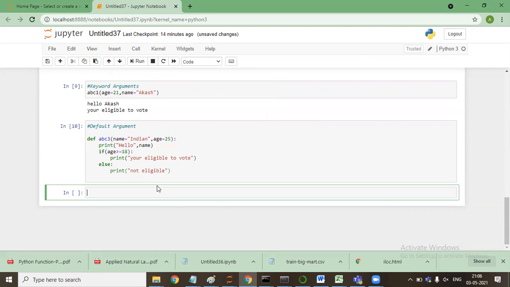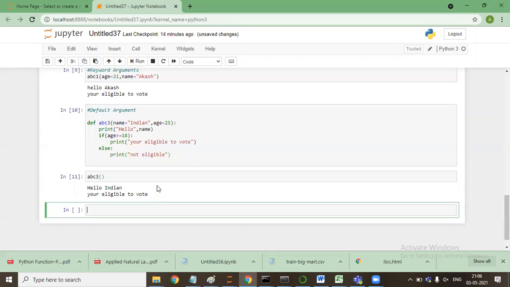If I press shift enter and now call ABC3, it will automatically use the same values that I have mentioned.